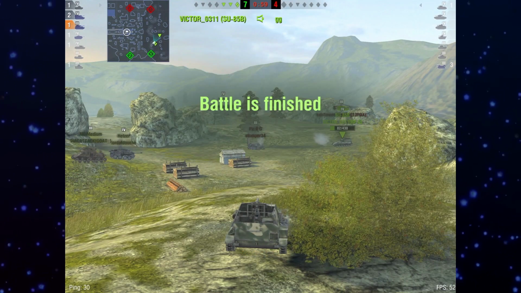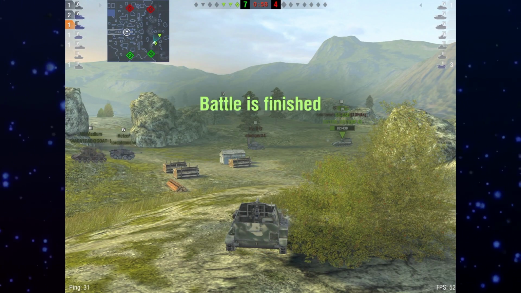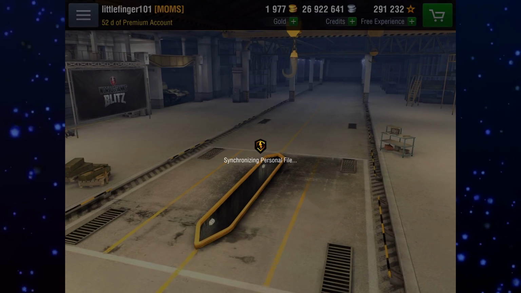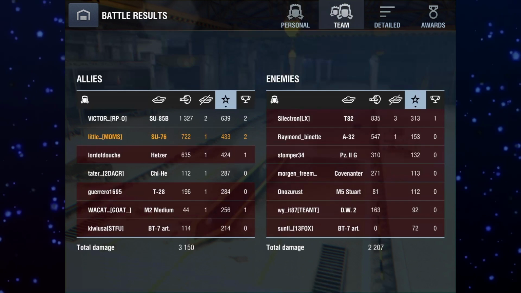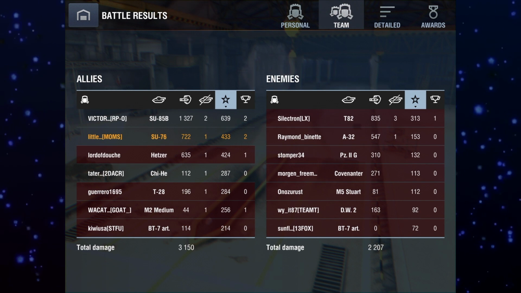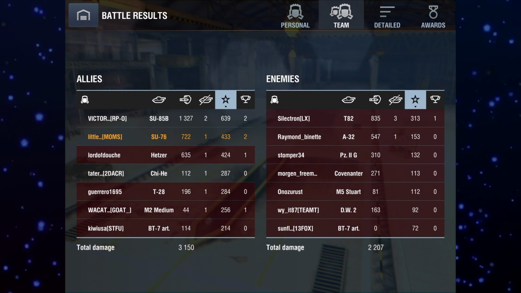So I really just wanted to show you that as more of map awareness and using hills and berms and rocks as defensive items in the game. So you can see here we still did 722 as bottom tier,